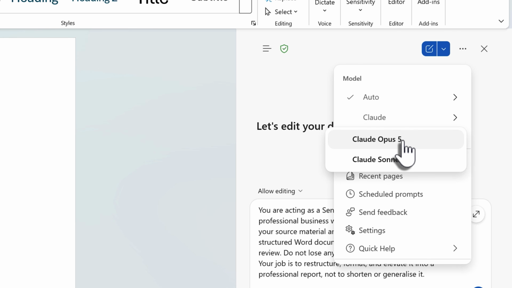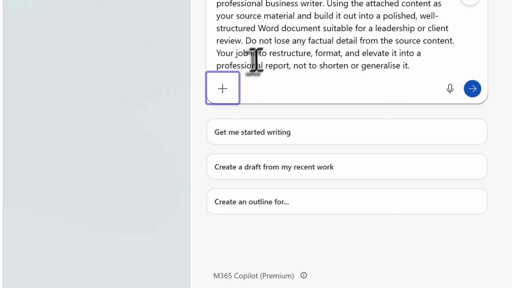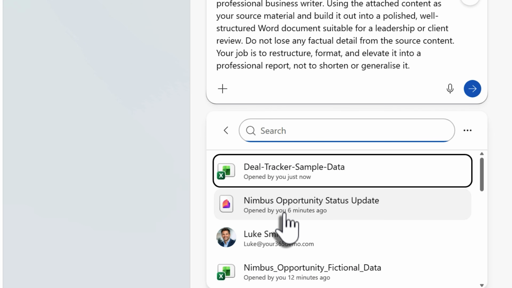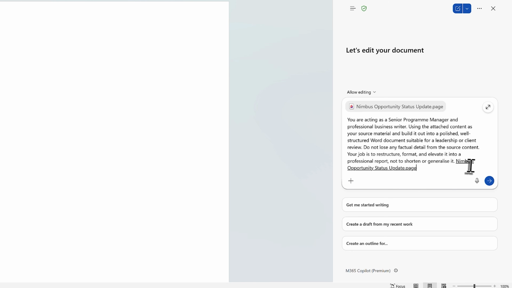Now again, I'm not using Opus 5 here because it's not a complex task I need it to work on. Instead, Sonnet 5 is Claude's most recent model that can also generate really professional reports. Select Claude Sonnet 5, then also head down and select Add and Manage Sources by the plus icon. Select Add Work Content, and we can now simply add in our Copilot page. Yes, remember all that heavy lifting that then Copilot pulled back from all of my files? Well, we can now reference that inside of the document, using it now with Copilot to build us out a